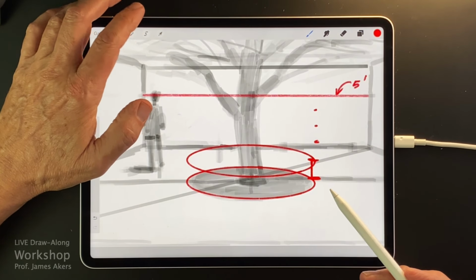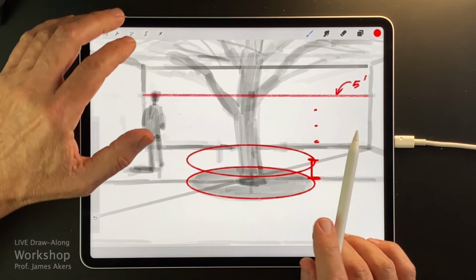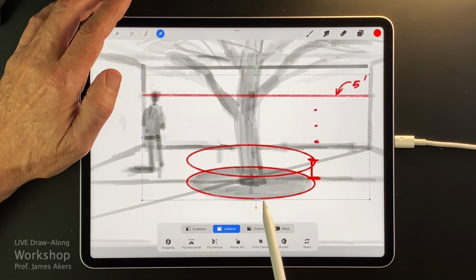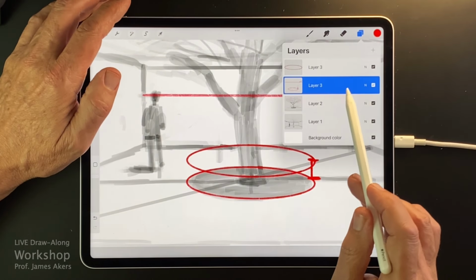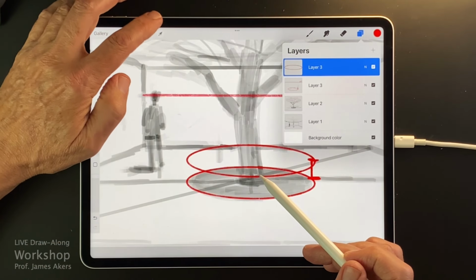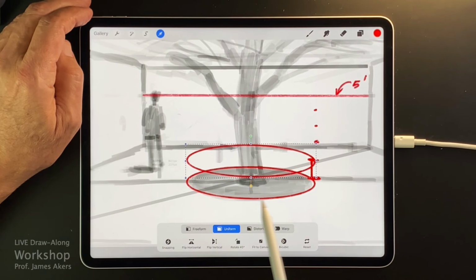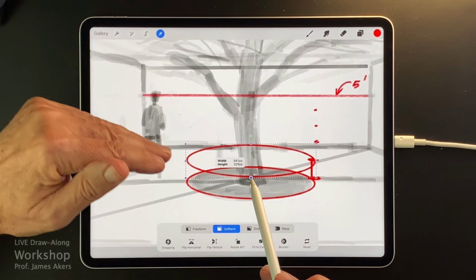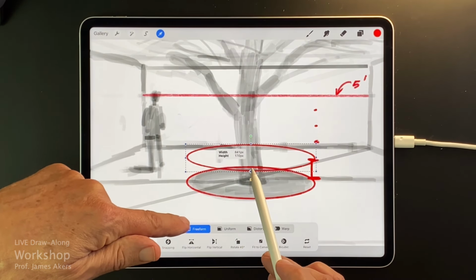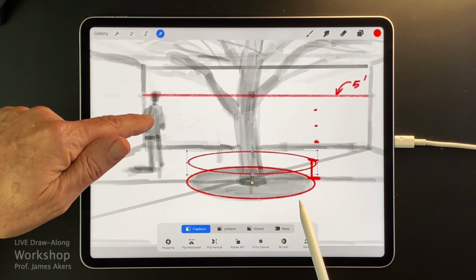That was a pretty good estimate, but that's not what we want, because this ellipse is going to be more foreshortened, more flattened than the lower one. So I'm going to switch to the uniform. Oops, let's see, I've got too many things in that layer. I'm going to go back to this layer. This is the layer of the one that we raised up. And now I'll go back to that move and transform. And because I know the size is correct, but not the degree of flatness, I'll just use the freeform tool, because I want to flatten it like this until that feels right to me, okay?